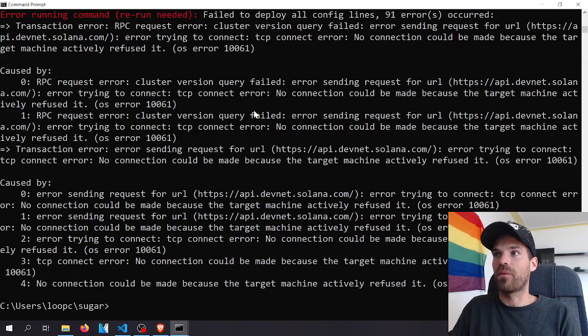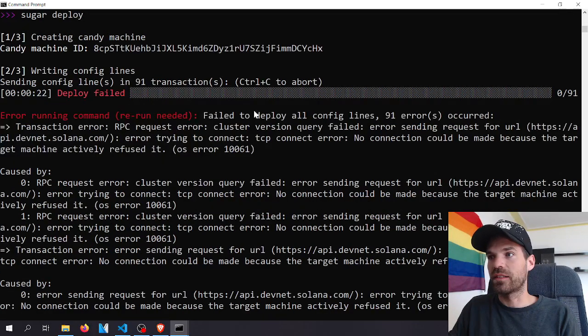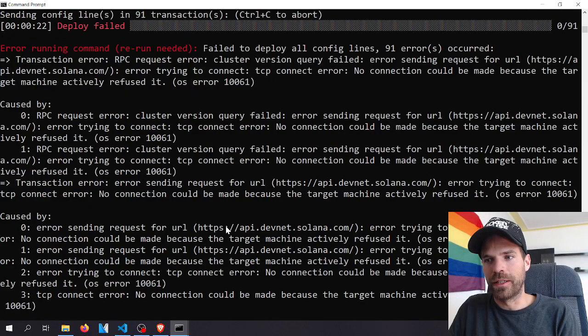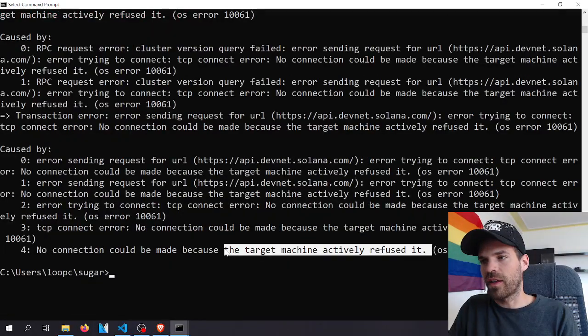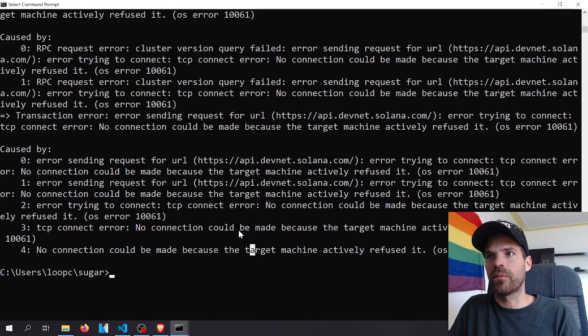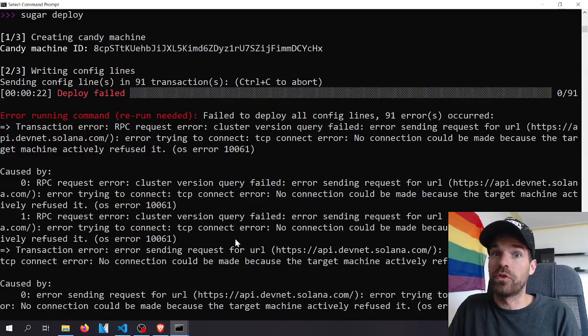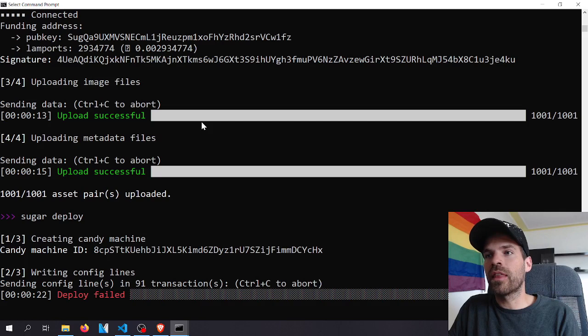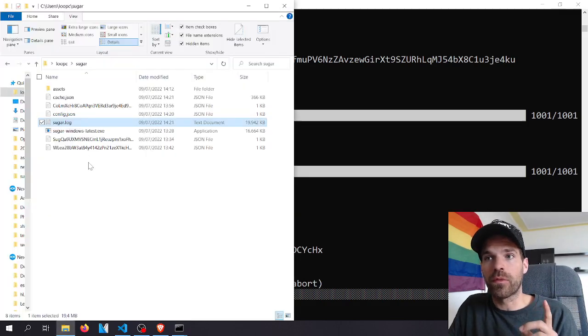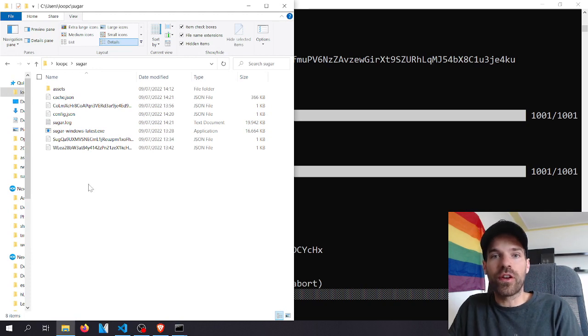That doesn't look good though. Deploy failed. RPC request, target machine actively refused it. Okay, so that's probably I'm being blocked because I'm doing too many requests kind of a thing. Yeah, if they actively refuse me, then I'm being rate limited, I'm assuming. But I mean, it still looked nice. We have a CandyMachine ID and we have the uploads done. So, I mean, it's good that it failed because we can now learn something and we can check if there is like a,